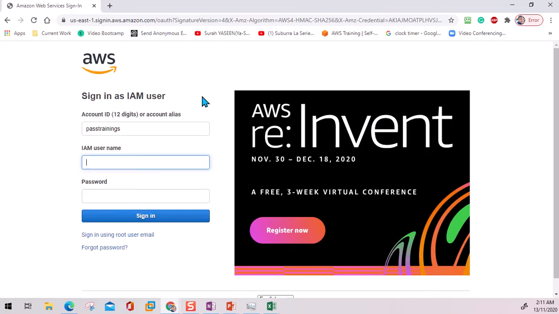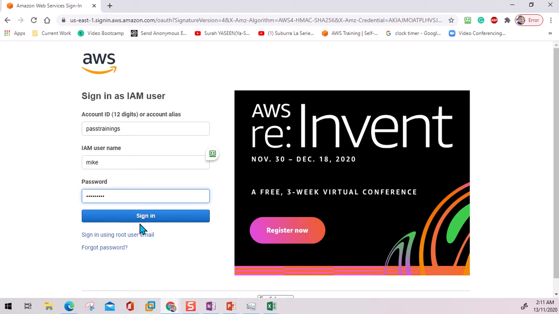You can log in on Edge or your own browser as well, but then it will log you off. I don't want to log off my admin account, so I'm going to log in with Mike, the username